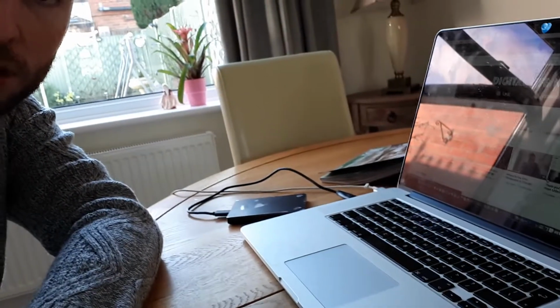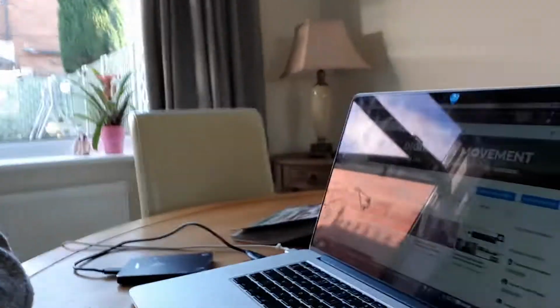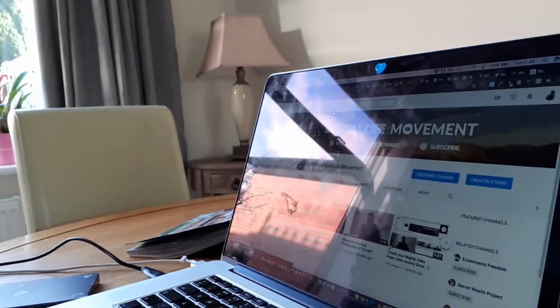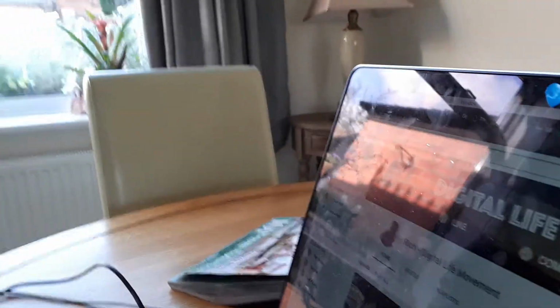And I'm going to have to keep swapping arms, by the way. I'm going to have to build these arms up just for this camera using my phone. Yes, and my laptop is still being charged. And there's my Digital Life Movement. Don't know if you can see that. No. But yeah, the ports are still being completely used up by me uploading videos to somebody who, it's quite